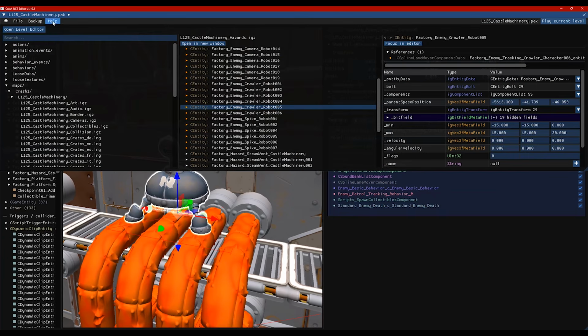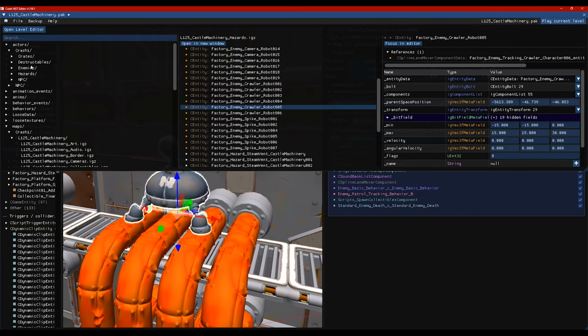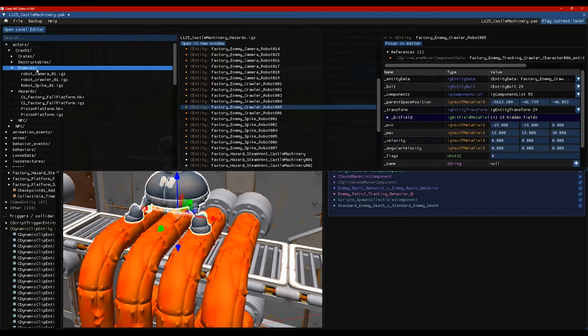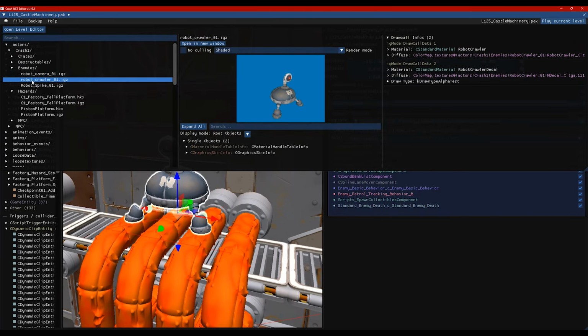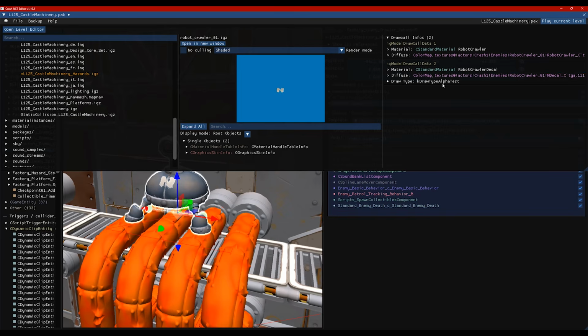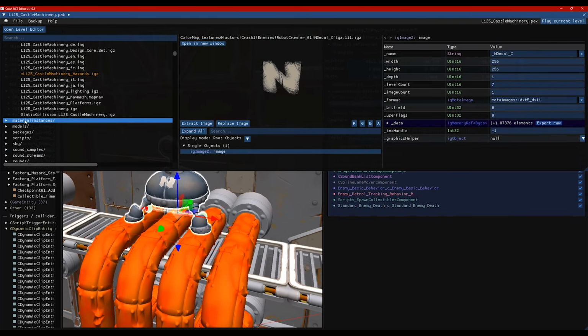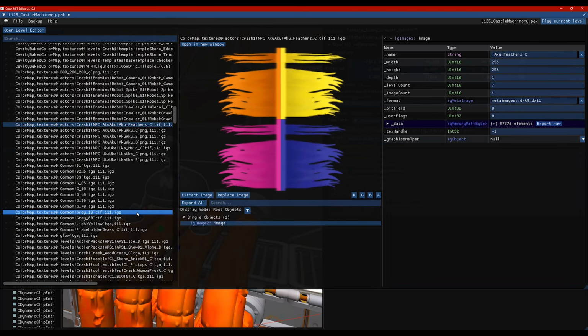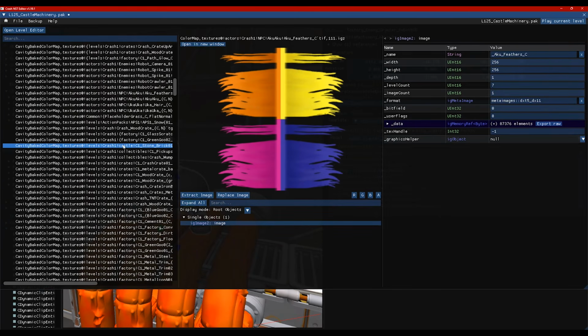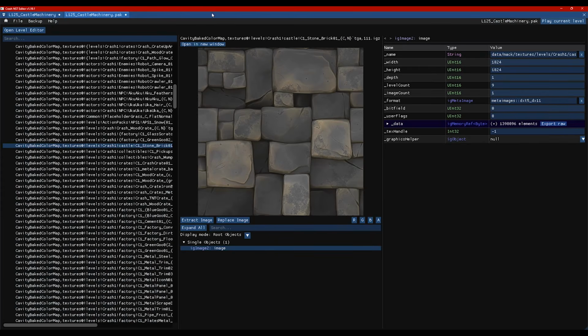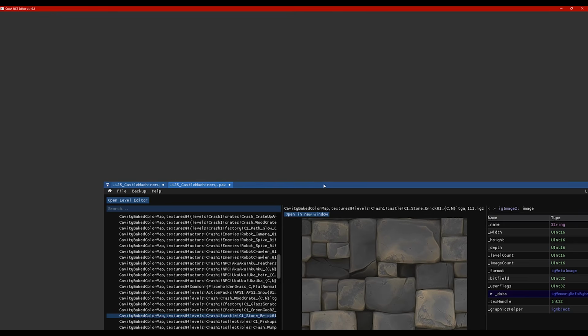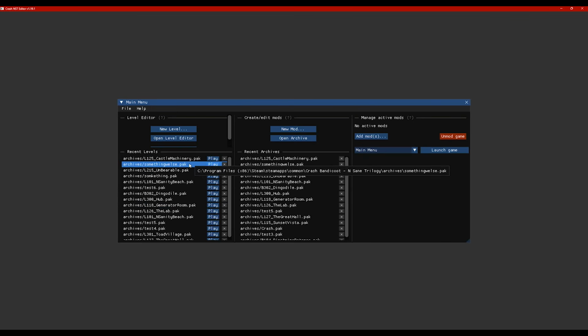While I'm here, there is other stuff you can see in here. It's not just about modifying levels. You can have a look at these models and stuff, and here's this guy. Look at this, you can jump straight to the texture, which is really nice. So check this out if you're interested in modding this game, making your own levels. I'll try and keep an eye out to see if people are making anything interesting. If you want to play this level,